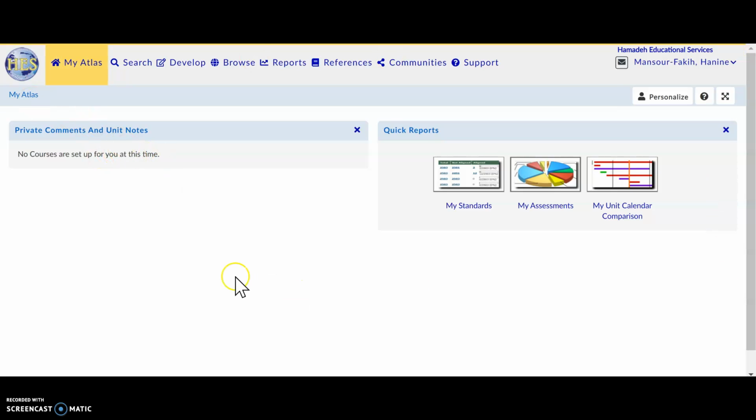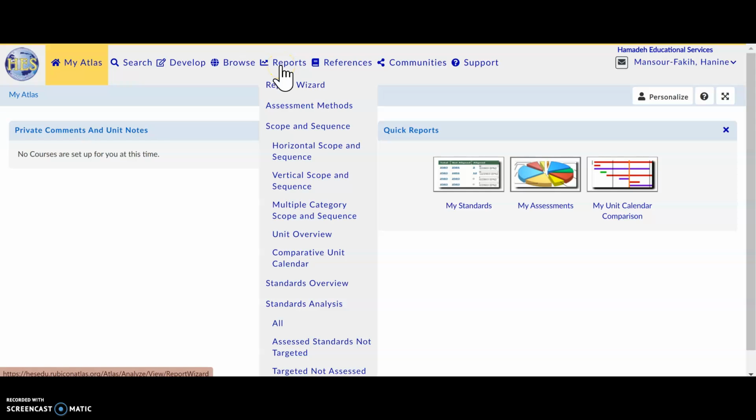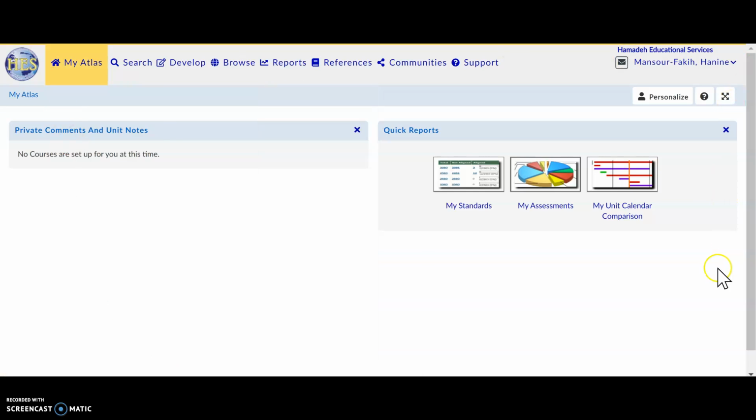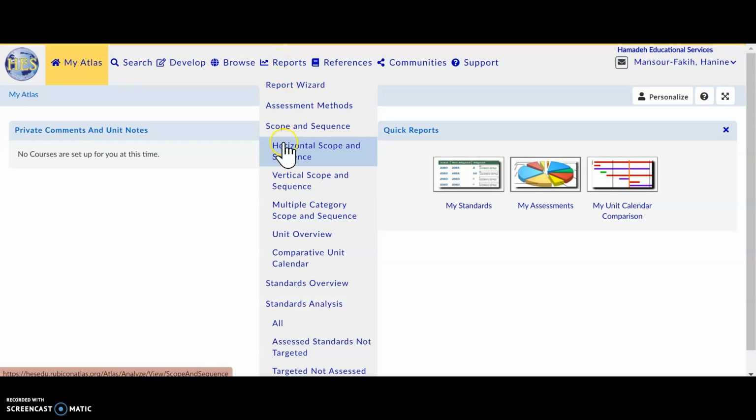Once you open your Rubicon, as you see, you're on your dashboard, you go to reports and you scroll all the way down to targeted, not assessed. Again, open your Rubicon to your dashboard, you go to reports, you go all the way down to targeted, not assessed. You click on it,